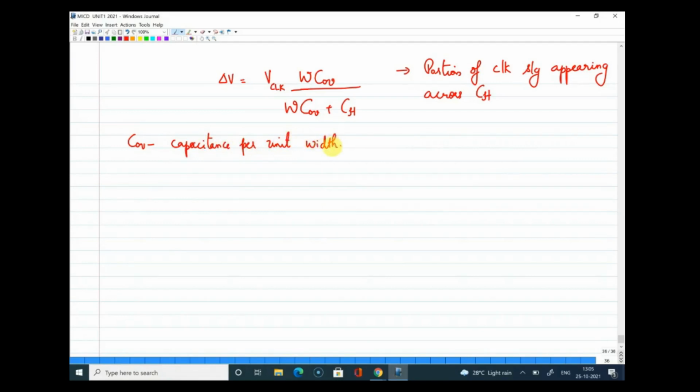So are you guys getting this point? Here the capacitive divider is actually giving an additional voltage as soon as the clock signal goes from high to low and the switch is turning off. Since the previous voltage is already there, this is coming as an additional voltage, some delta V, which is getting injected, or dumped, onto this hold capacitor. Is this clear? Can I get some response?